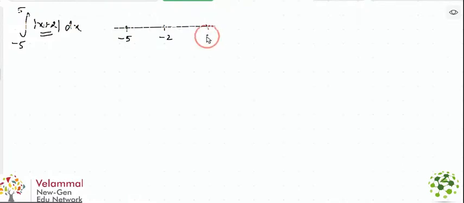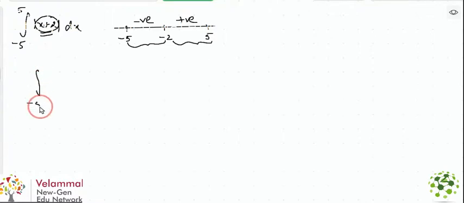You know at minus 2, the value of the function is 0, and minus 5 is on the left-hand side of this and positive 5 is here. When I substitute any number from minus 5 to minus 2, this is negative. And when I substitute any number from minus 2 to 5, it is either 0 or positive. Now, we are going to split this into two integrals, minus 5 to minus 2 x plus 2